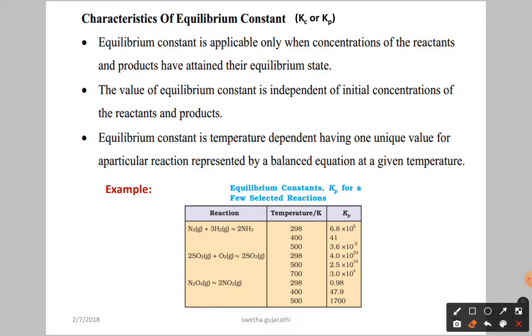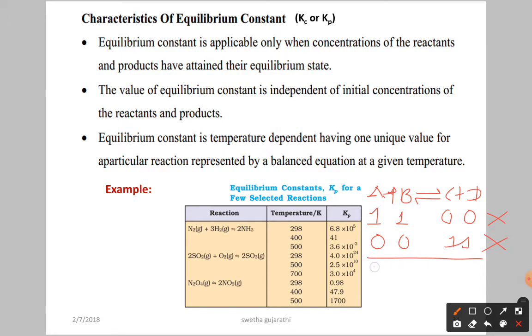What is the meaning of this? Already we discussed it in the first class itself. For example, we have the reaction A plus B giving rise to C plus D at equilibrium. Initially, this is 1 mole, this is 1 mole, and C and D are 0, 0. Here equilibrium is not established. Finally, 0 0 will become 1 1, meaning the reaction is completed. In this state also equilibrium is not established.